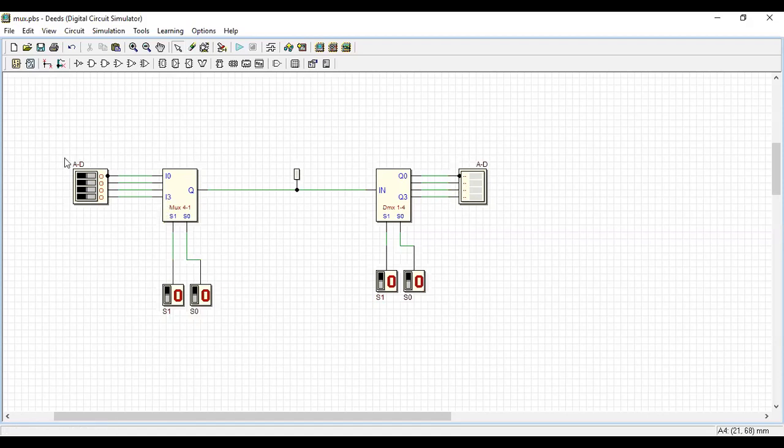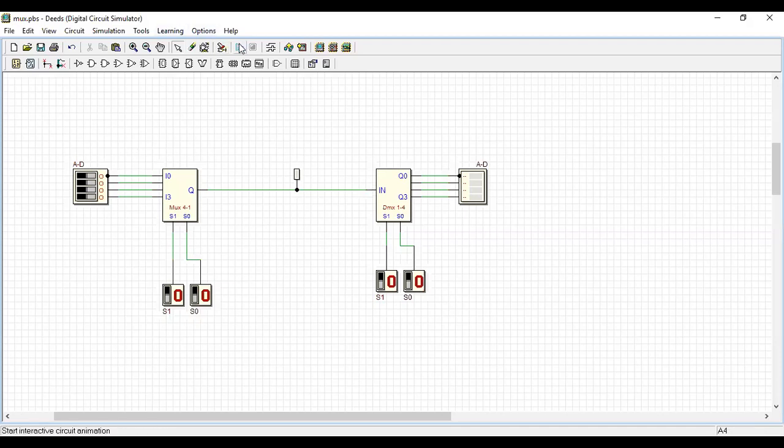So all the four persons are going to share the same channel. Yes. So like this, a telephone exchange. All our conversations will work in the same way. We'll use this mux and demux concept only.